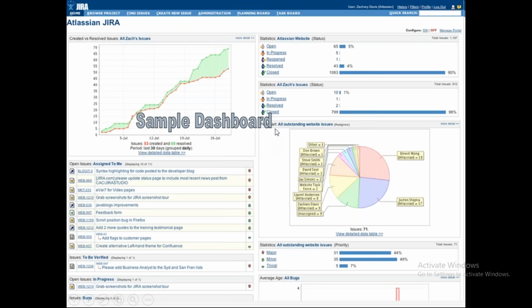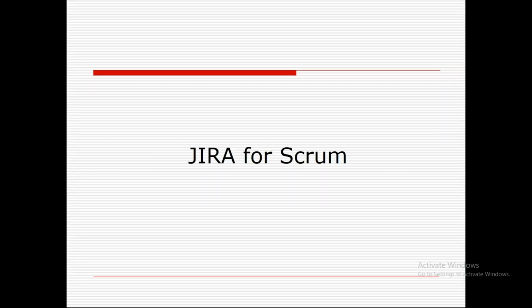For example, I want to see the items of each person who opens Jira. In a team of 10 members, each would be opening Jira. On their dashboard, they should be able to see the number of items that are assigned to them: how many are in open status, how many are in progress status, how many are in development state, etc. Is that clear? Any questions so far?